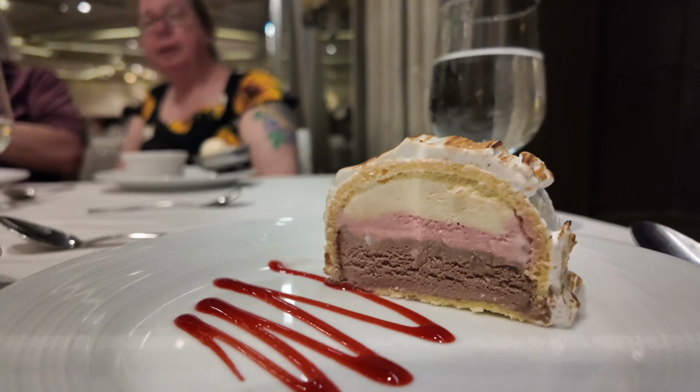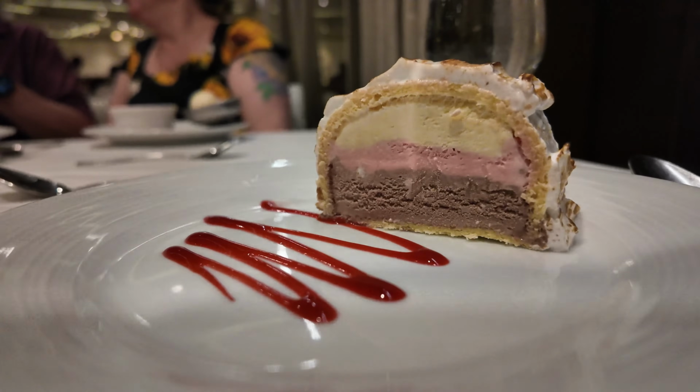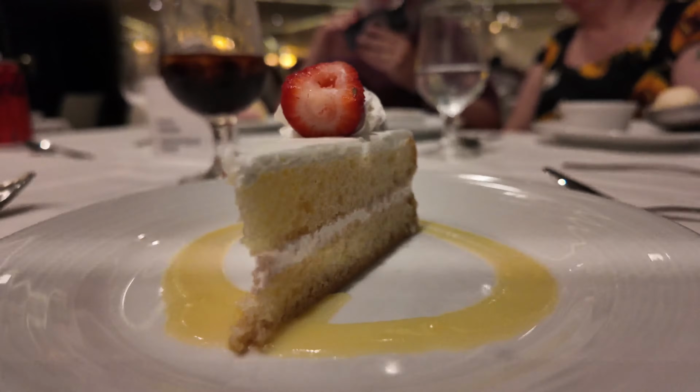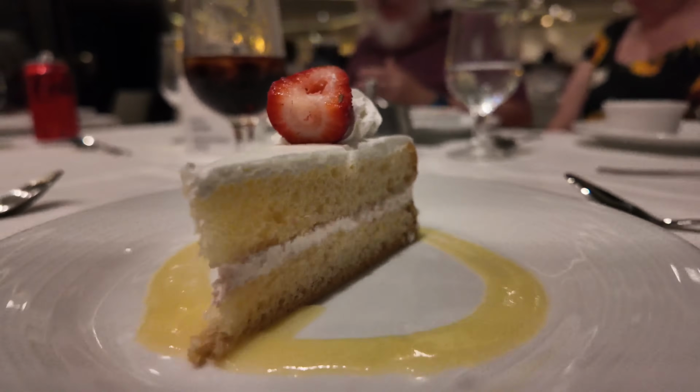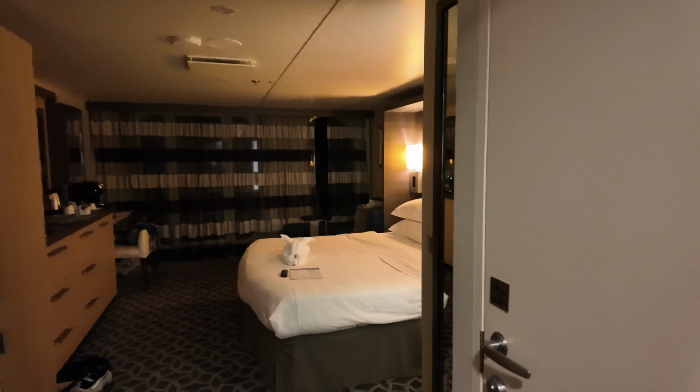For dessert number one, and yes, I said dessert number one, I went with a Baked Alaska, which is one of my absolute favorite desserts. And for dessert number two, I went with the classic strawberry shortcake, which looks delicious. Back to the room, and